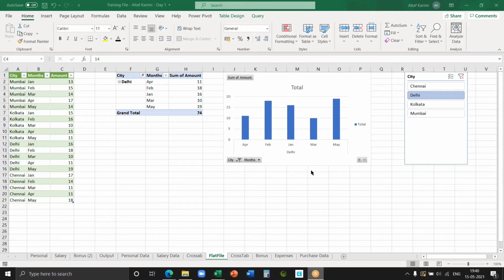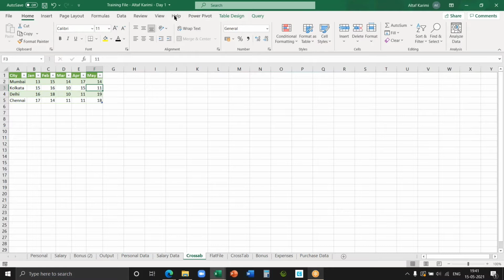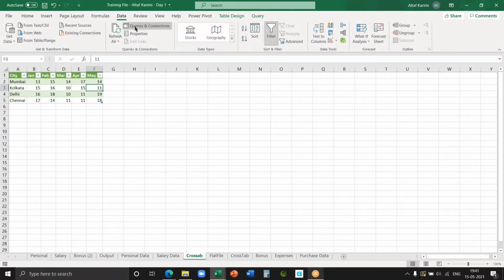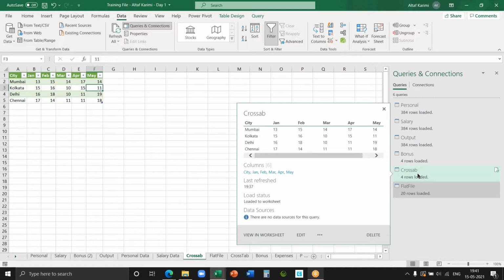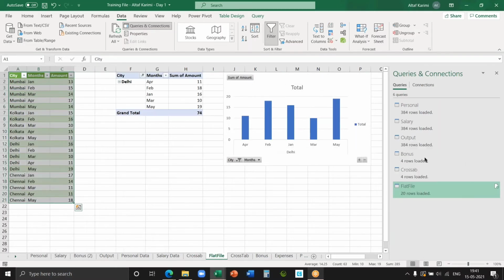So far, if you look back, what did you learn? What is Power Query? What is the process of ETL? This is what we do. ETL: we imported data into Power Query, which is called a connection. We perform all the transformations, and then we give it back to Excel. During that process, what did you learn? How to change the format. My query, which one we recently completed, flat file.